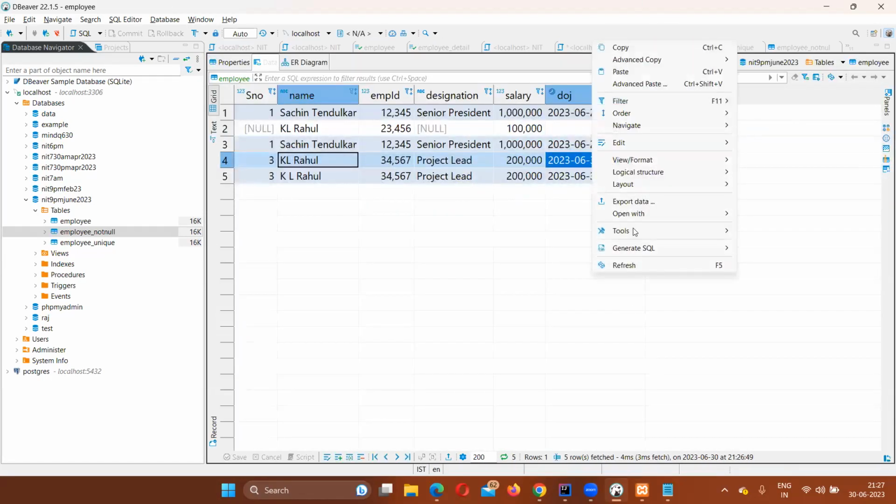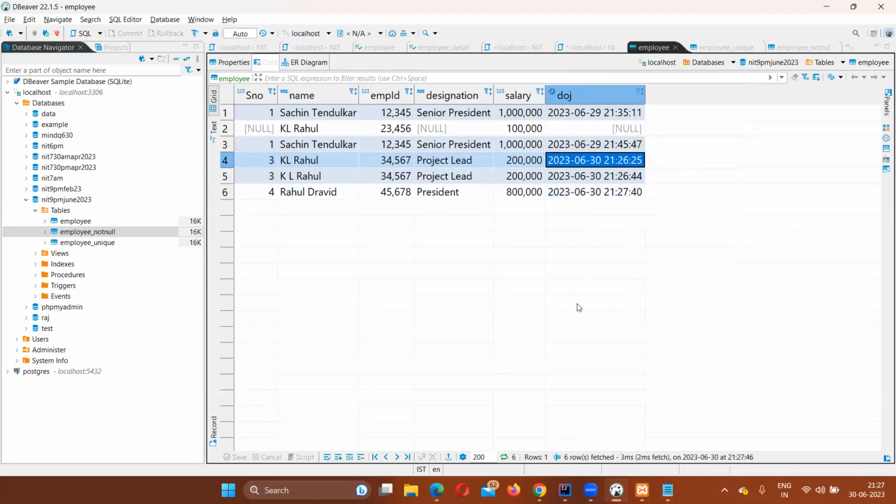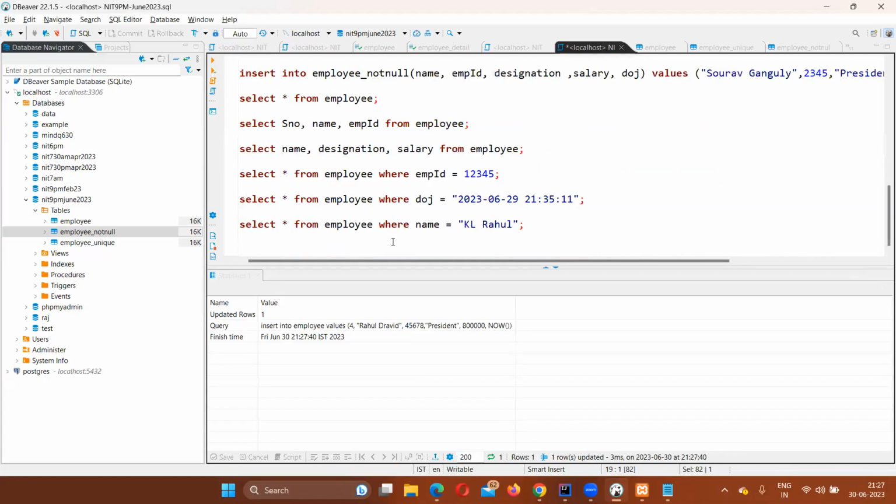So there is now another fourth Rahul Dravid record. So now there are four Rahul Dravid records in my table. Okay. So what my requirement is,